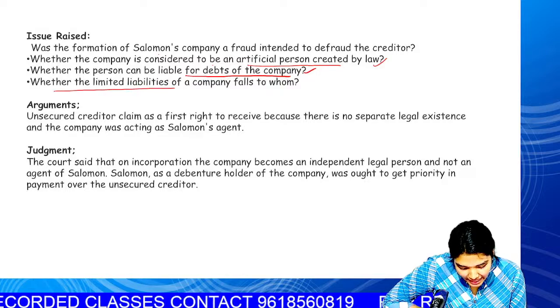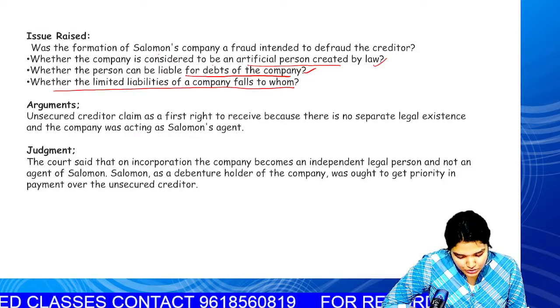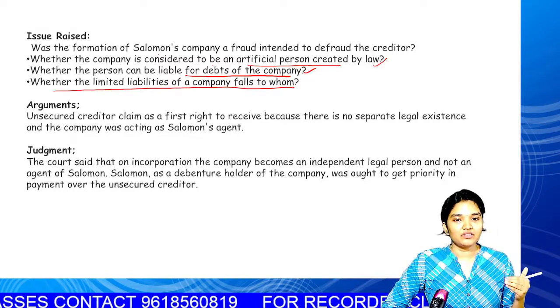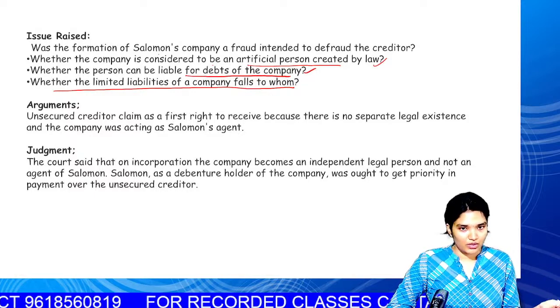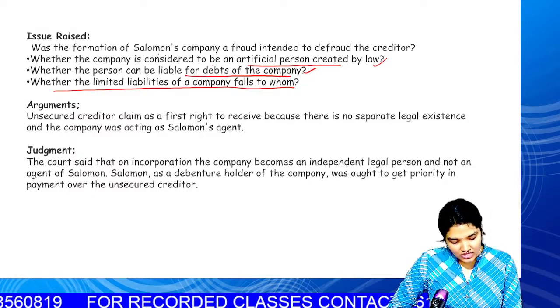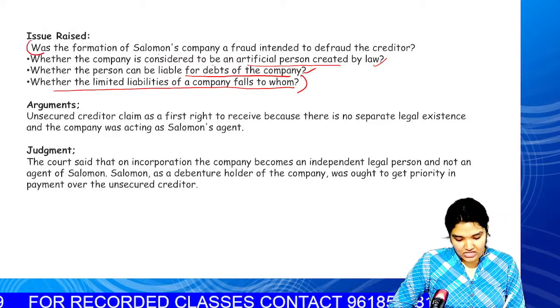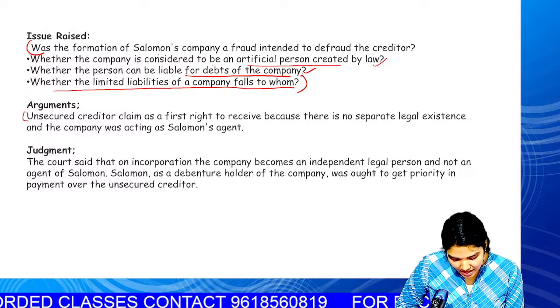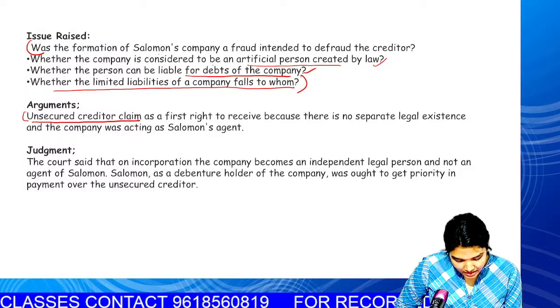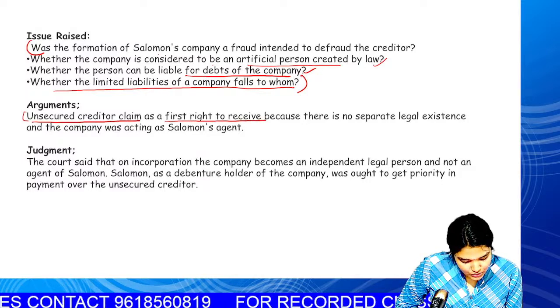Whether the limited liability of the company falls to whom? Who will be having the limited liability? In case of a company, the members, the shareholders, will have the limited liability. So these are the questions raised in that case. So what are the arguments and what is the judgment? We will see now. So the arguments are that the unsecured creditor claims a first right to receive because